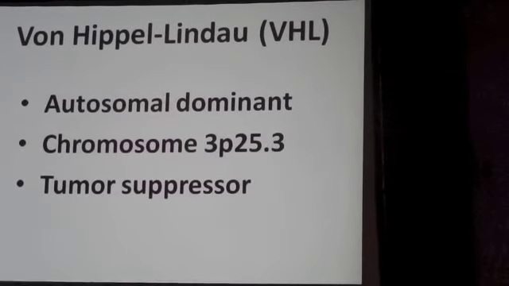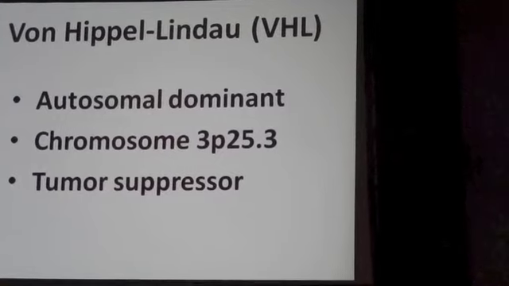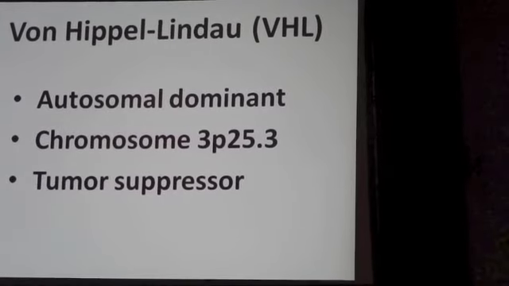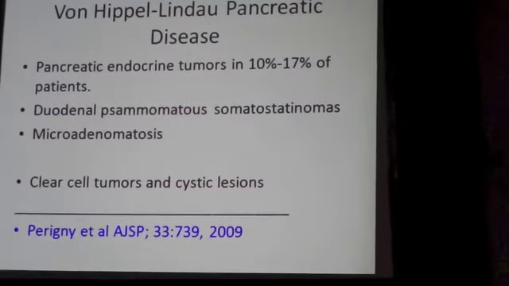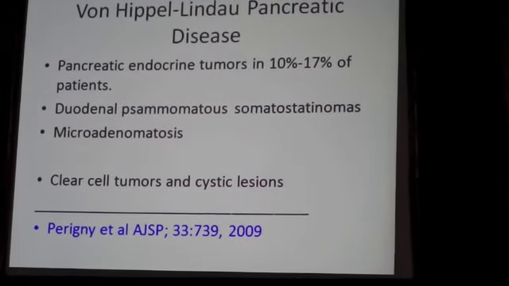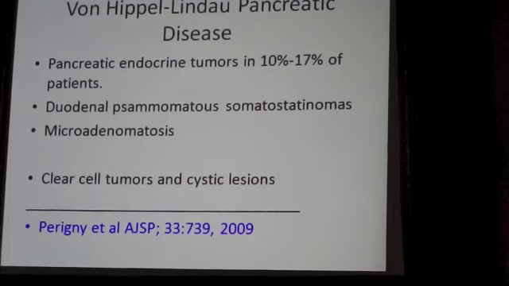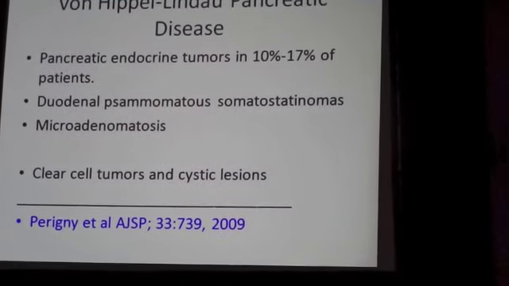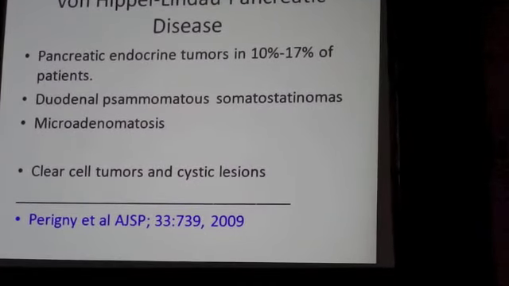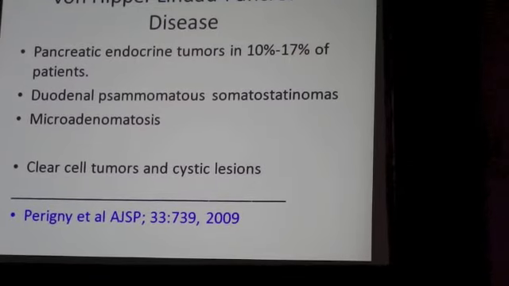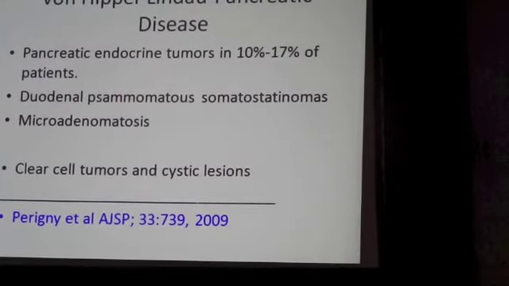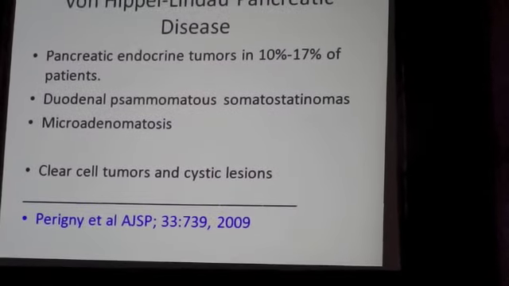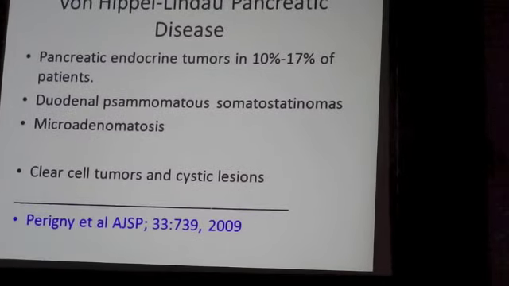This is again an autosomal dominant disease, chromosome 3p, and another tumor suppressor gene. The intriguing thing about the pancreatic lesions is that they're usually composed of clear cells. Looking under the microscope, we can recognize these very readily, and if one has a lot of small nests of these cells, one can suspect you're dealing with von Hippel-Lindau disease. The duodenal